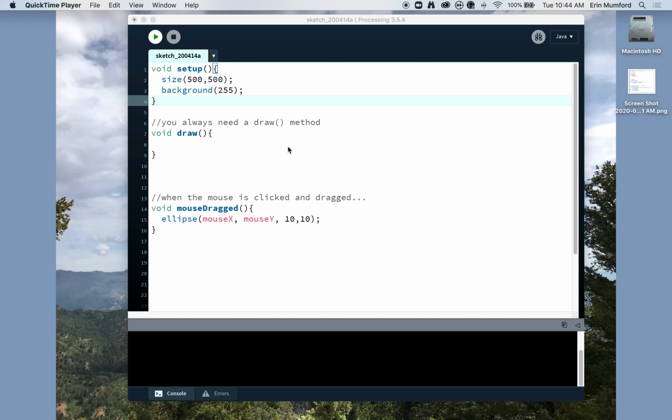This is homework 12, the first option, drawing program using mouseDragged. So I have in the mouseDragged method an ellipse being drawn at mouse X, mouse Y. It's tiny. The other option, if you wanted to get fancy, is instead of ellipse, you could use a line